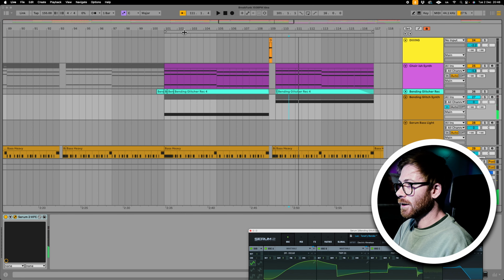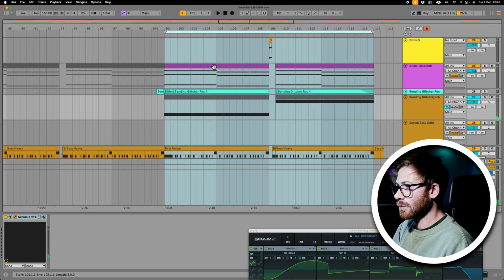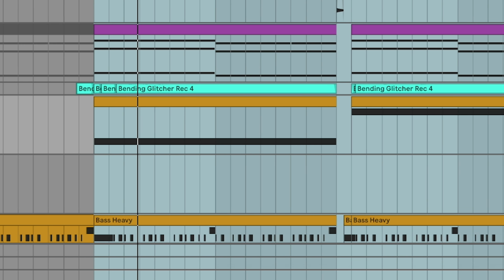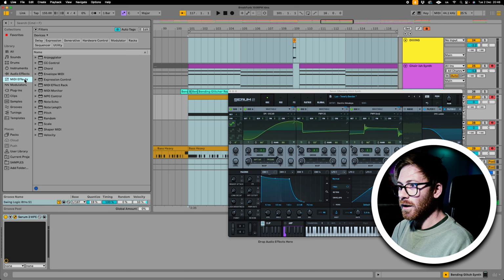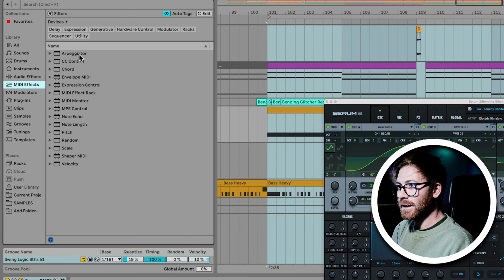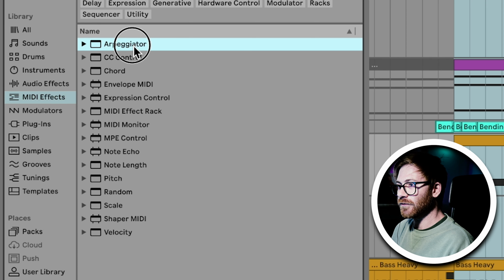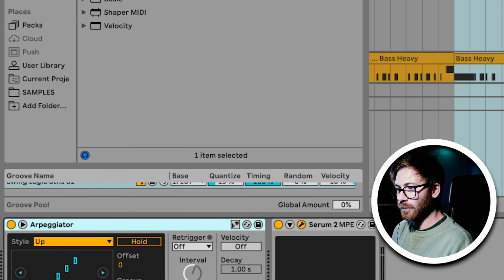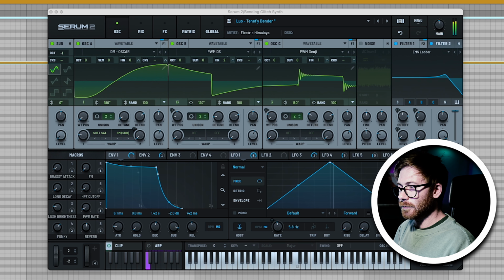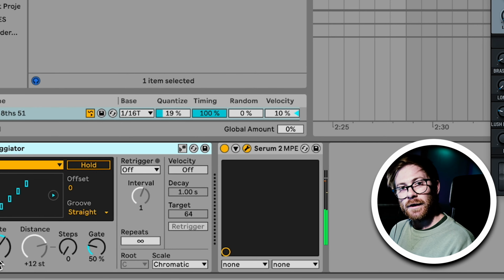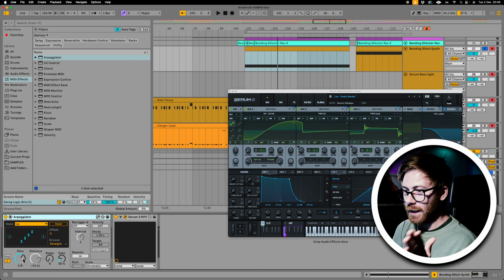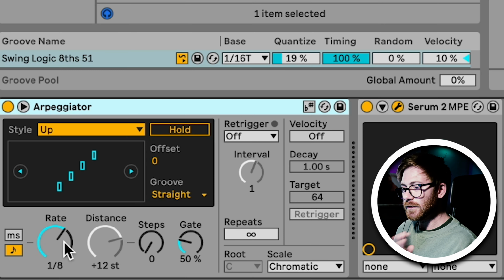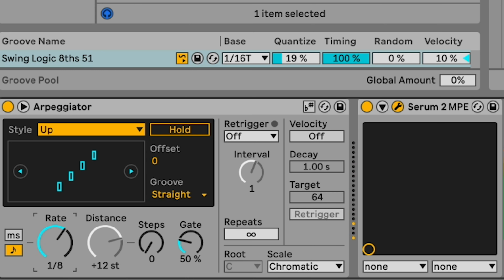Putting that in over that kind of riff there. So that's pretty terrifying by itself, but we can make it even worse. I'm going to put on a MIDI effect in Ableton, which is the arpeggiator device. And basically what this is going to do. So you can hear that the arpeggiator is now triggering that synth, but it's just playing the one note and it's just going do do do do do. So if I change the rate,